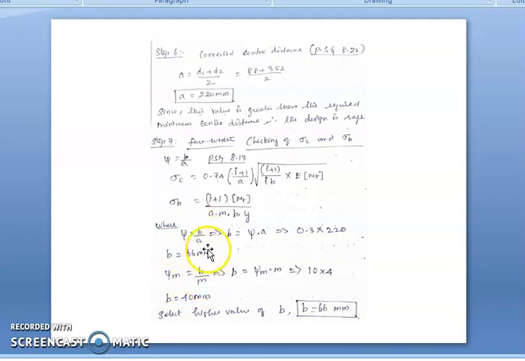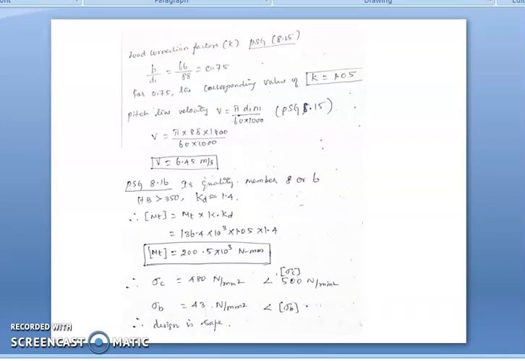In both formulas, we have the common term B, that is the face width of the gear. So we have to find the face width of the gear using these formulas. Using the first one, we get 66 mm, and from the other we get 40 mm. We always select the higher value of B to proceed further. So B equal to 66 mm is selected for further processing.